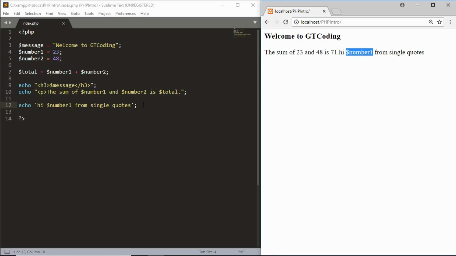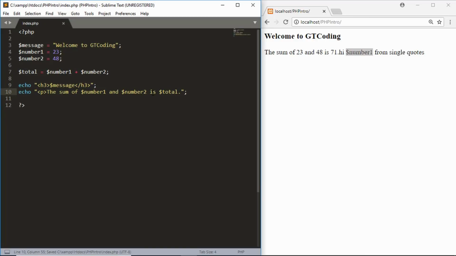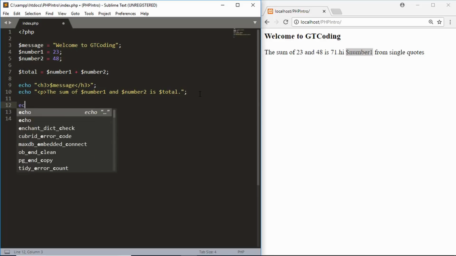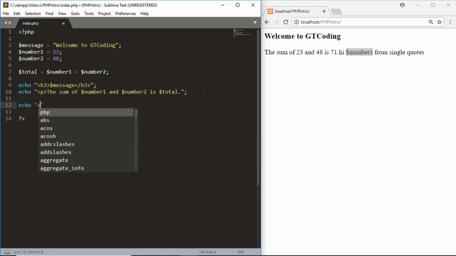So in that case, you have to use double quotes, or you can also use single quotes if you have just a plain string to print out. Now if you want to use a single quote and also print the value of this variable, you can use a technique called concatenation. So we'll just have a paragraph and we'll type the sum of, and here you have